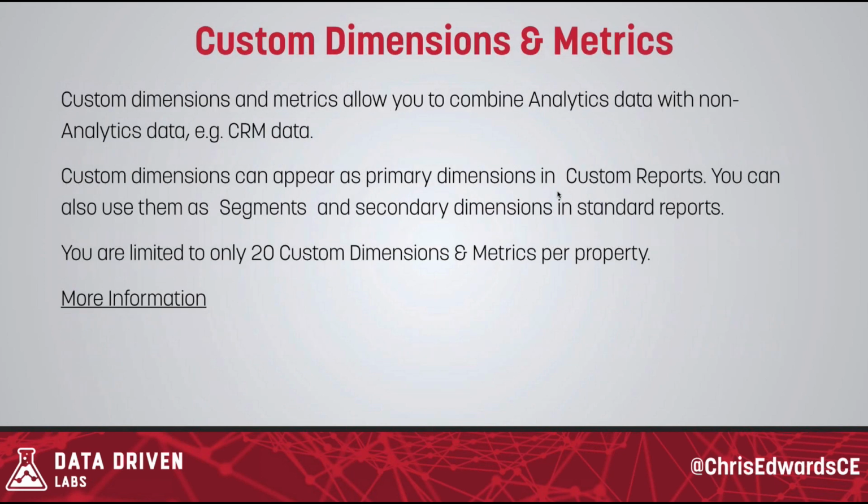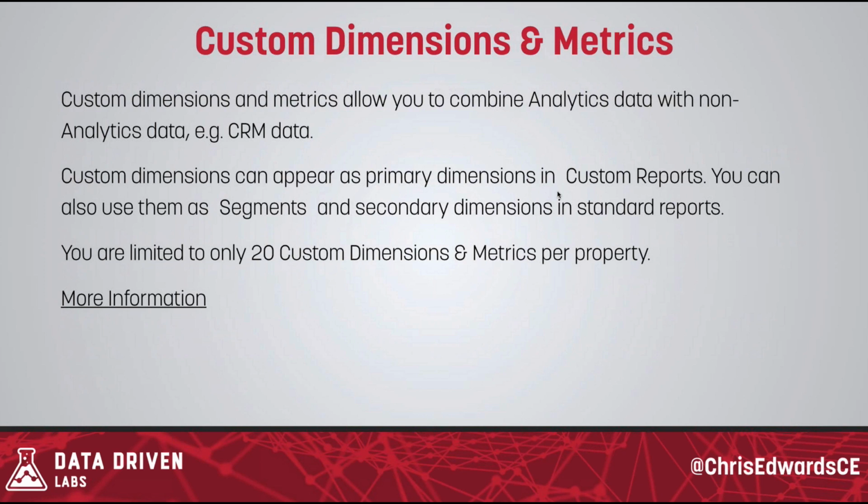So the next item I want to talk about is custom dimensions and custom metrics. A custom dimension is going to allow you to combine your Google Analytics data with non-Google Analytics data. So you can pull other items in there that are not standard to Google Analytics, so that you can customize what's being shown. They can show up as primary dimensions inside of custom reports. You can also use them with segments, with the advanced segments, or even as secondary dimensions inside of the standard reports. And we're going to talk about custom reports in part 2 today,